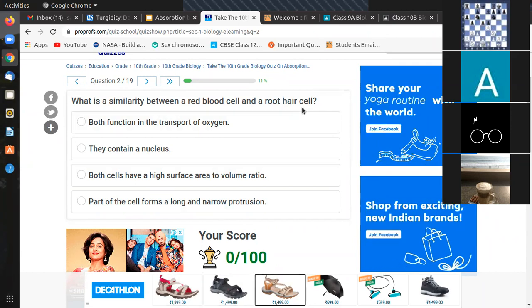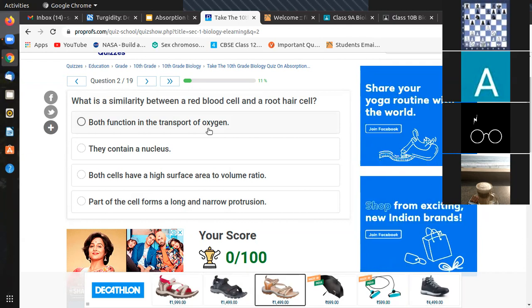Does a root hair transport oxygen? It does transport minerals, but this is specifically talking of oxygen. But we know RBCs don't contain a nucleus, or do they? I remember one of the major blood cell types does not, but I think it's white blood cells that don't contain a nucleus. No, white blood cells have a nucleus. How can I trust you? Maybe you're fooling me. No, I'm not. Okay, fine, I accept that. They have a nucleus. Sorry, RBC doesn't have a nucleus.